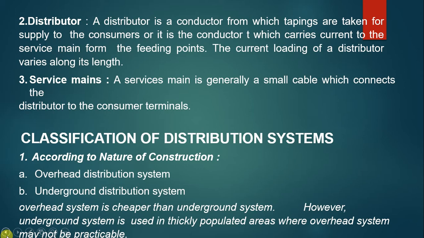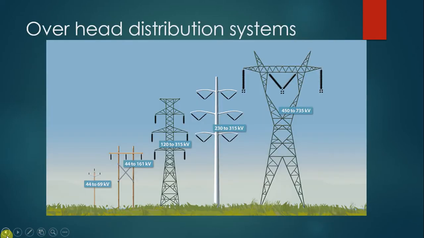Did you understand? Okay, so this underground system is a bit costly affair, because you have to dig a lot of pits and cables have to be laid. Servicing of underground systems is also cost oriented. That means if some cable cuts underground, that is also a cost oriented thing. You cannot get it done very easily. So these are overhead systems.